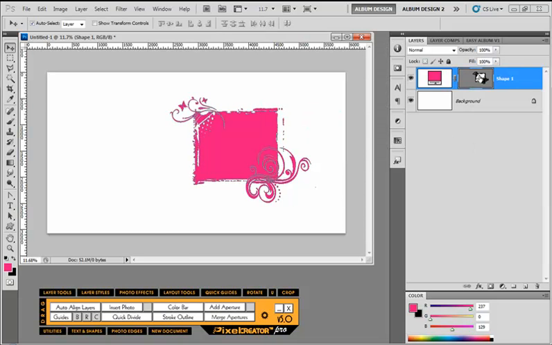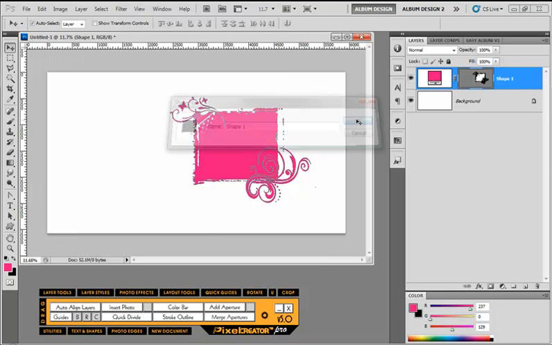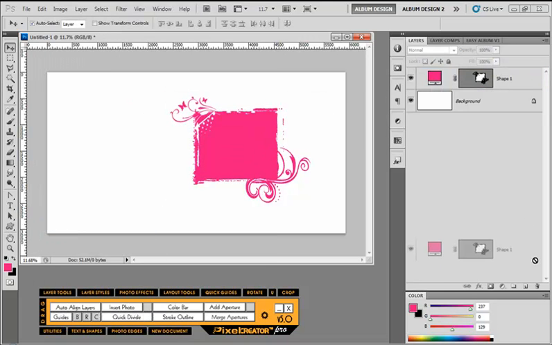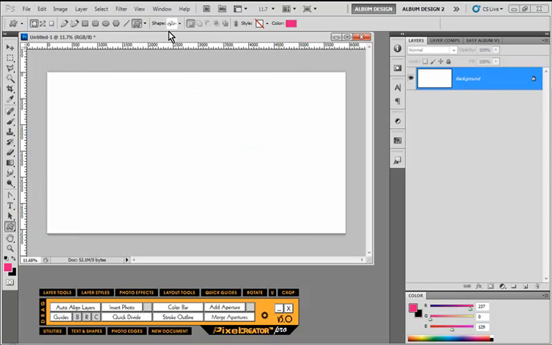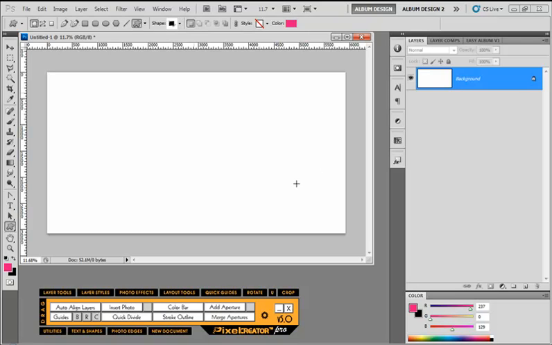So when I click on my vector layer mask, I can go to Edit, Define Custom Shape. And now we have a brand new shape. So when I go back to that custom shape tool, just like before, there is our new configuration. So when I drag it out,